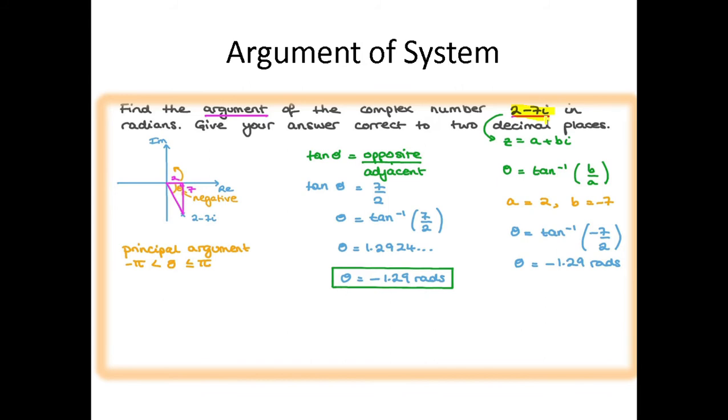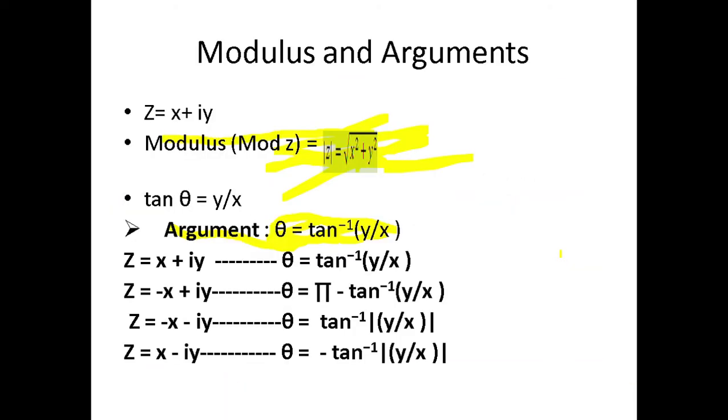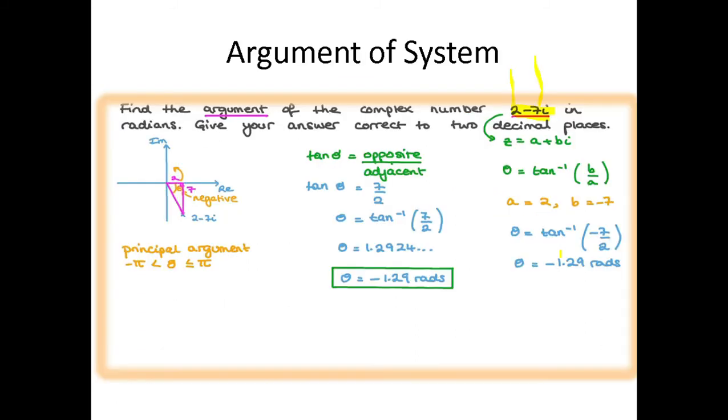Z is equal to a plus bi, or x plus iy. You can convert in a plus bi or x plus iy, there is no problem. So a is equal to 2 and b is equal to minus 7. Then find theta based on this formula, plus or minus, then minus will come out. Minus 7 by 2, minus tan inverse 7 by 2, so theta equals minus 1.29,